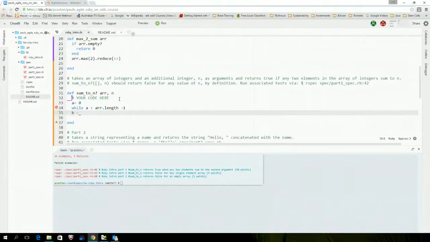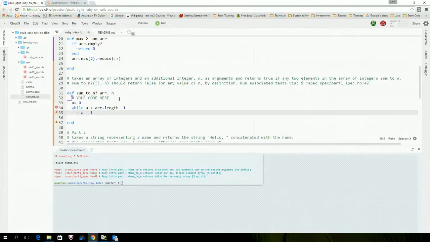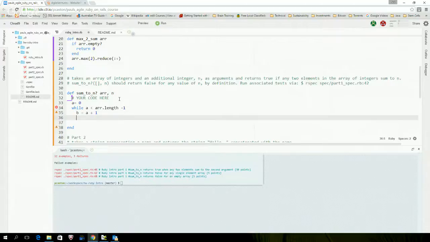So b will be equal to a plus 1. So this is really the index of the array. And then we'll have our nested while loop. So while b is less than the array length,